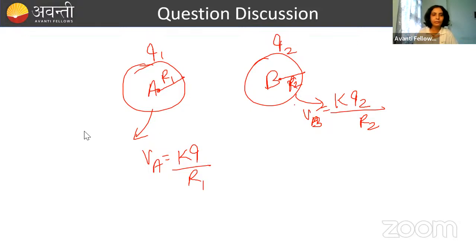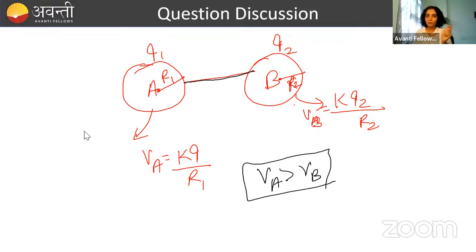We are bringing them together. So we have connected them through a conducting wire. JNV Dahod. Okay. चलो सभी अपना अटेंडेंस दे रहे हैं, सही है. So now we have connected. What will happen if we are connecting two things of different potential? So suppose कर लो कि VA is greater than VB, so if potential of A is greater than B, charge will flow from A to B, and charge will flow until their potential become equal. Done. So this is the concept. Charge will flow until potential will become equal.